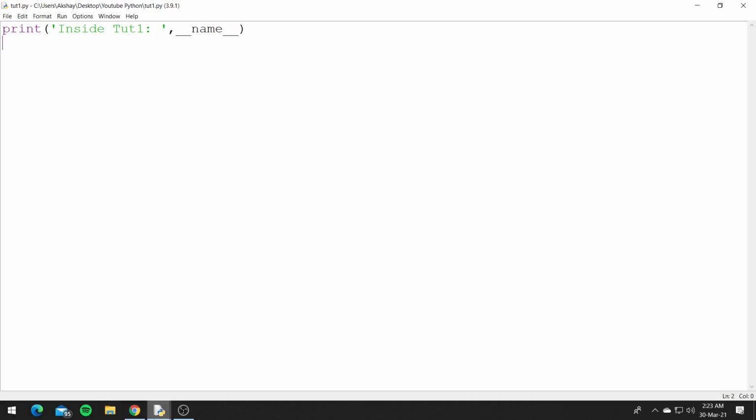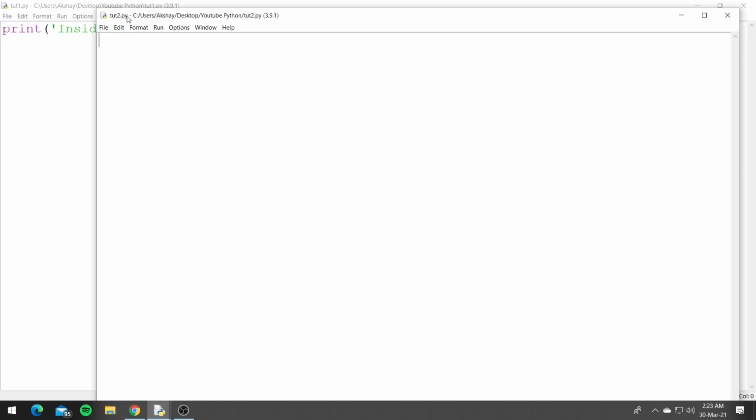Now let's create another file which I have already created. So this file is tut2.py, and inside this file we'll import tut1 and let's print the same in this file as well. So let's say inside tut2 and let's print dunder name. So now let's run the tut2.py file,